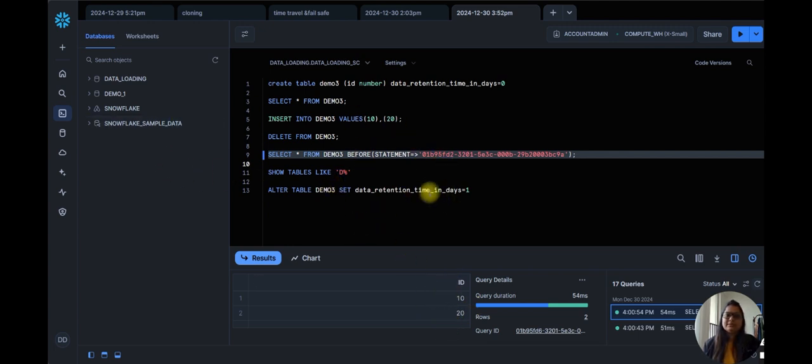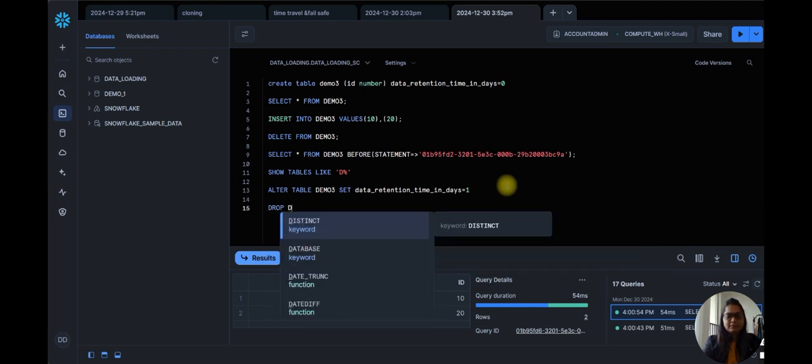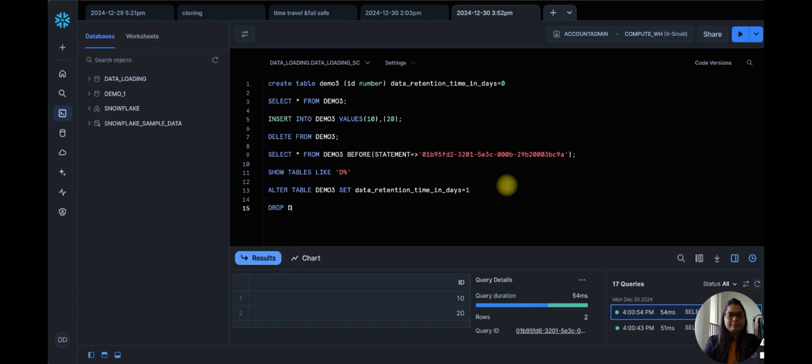So this is all about time travel, and when the time travel retention time is 0, then we are not able to backtrack the changes. It goes to the fail safe. So permanent data will be stored for 7 days in the fail safe, but only Snowflake employees are able to retrieve that data. Now, suppose accidentally I drop the table,